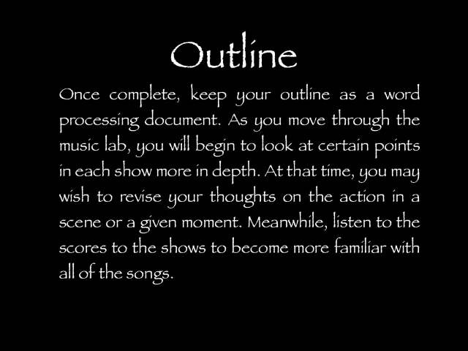At that point, we might go into that given scene and explore some elements of it in more detail. So at that time, you may wish to revise your thoughts on the action in a scene or a given moment. Meanwhile, listen to the scores to the shows to become more familiar with all of the songs,